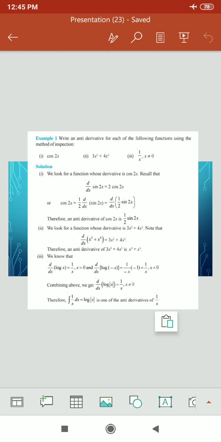Next one is 1 by x. To find the antiderivative of 1 by x, we have to find a function whose derivative is 1 by x, and we know that the derivative of log of x is 1 by x. That is d by dx of log of x is 1 by x, which means the antiderivative of 1 by x is log of x. ठीक है,